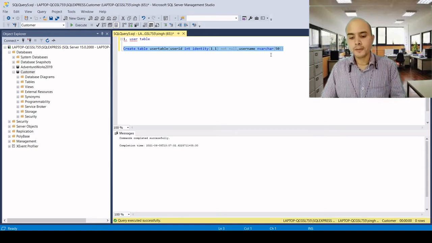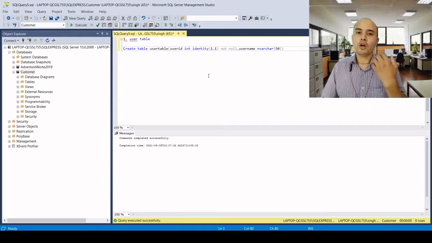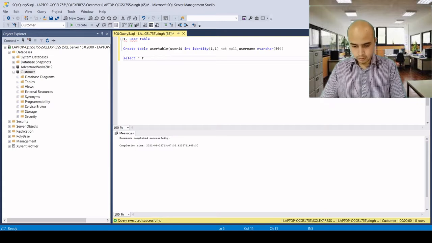by using a query. Besides queries, we can also create it through the Object Explorer. I have already made a video on how many ways we can create a user table, so I would like you to go to that video, and I'll give you the link in the I button. So here you can see the table is created,